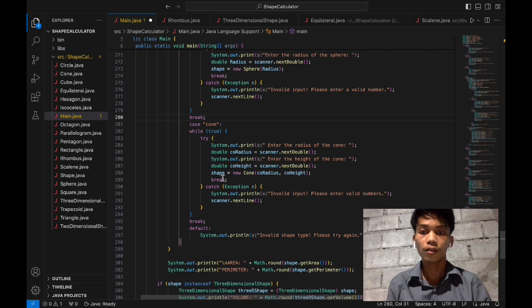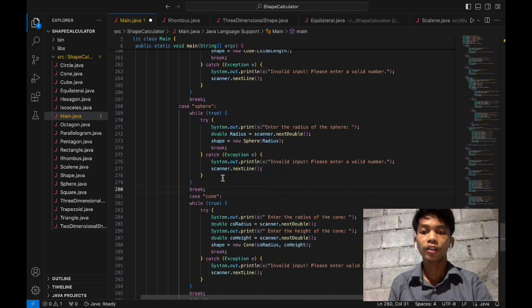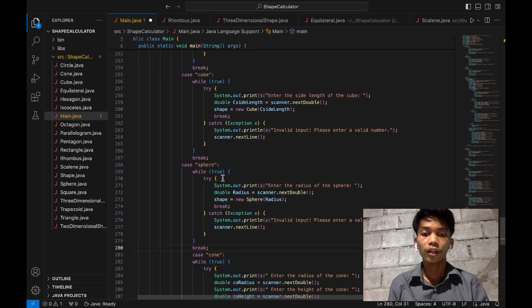When sphere is selected, we prompt for the radius. The radius is read and used to instantiate a sphere object.